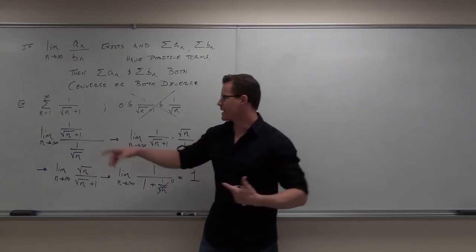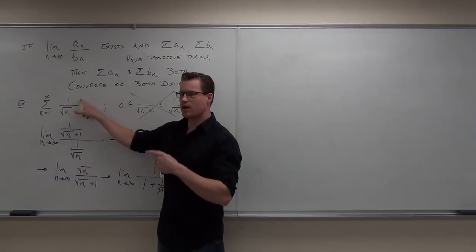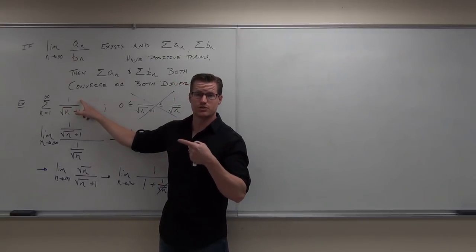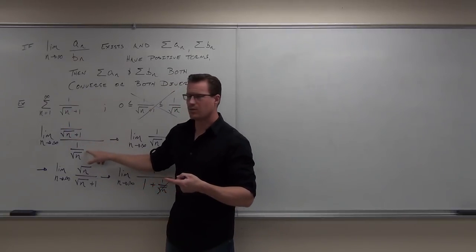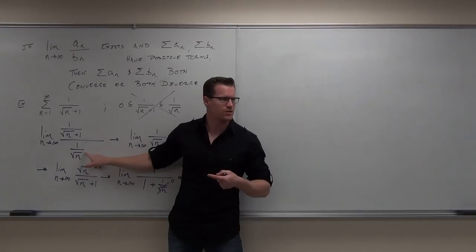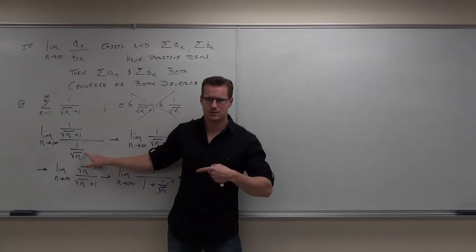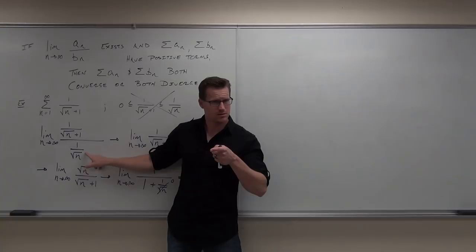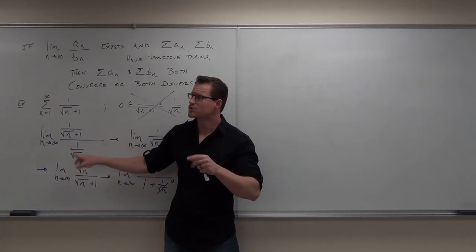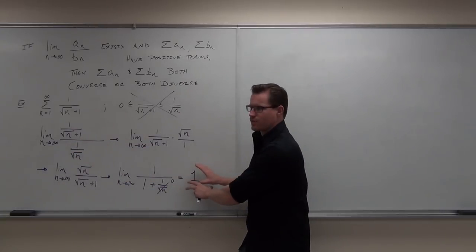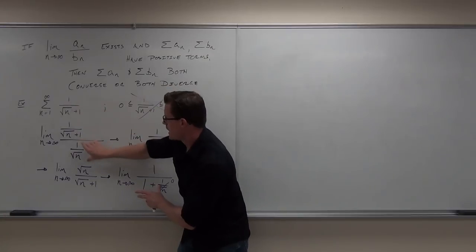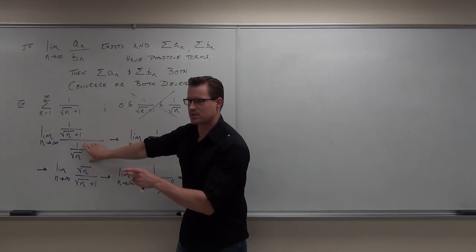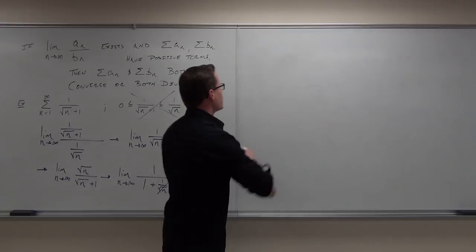That is why you compare your given series to one that you already know the convergence or divergence for. You say, hey, you know what? I know this one. Is that convergent or divergent? Divergent. Why? The P series. Very good. And the P is? So it's a P series with P less than 1. True? That's divergent. So what this says is, this doesn't mean it's convergent. This means that this thing is going to have the same result as what you're basing it on. That's what it says. So if the limit exists, we go, okay, well,